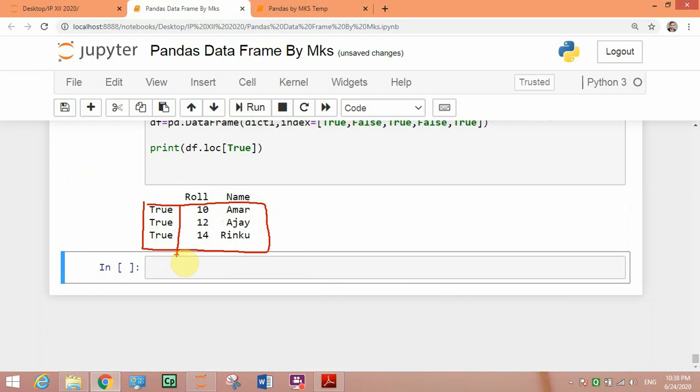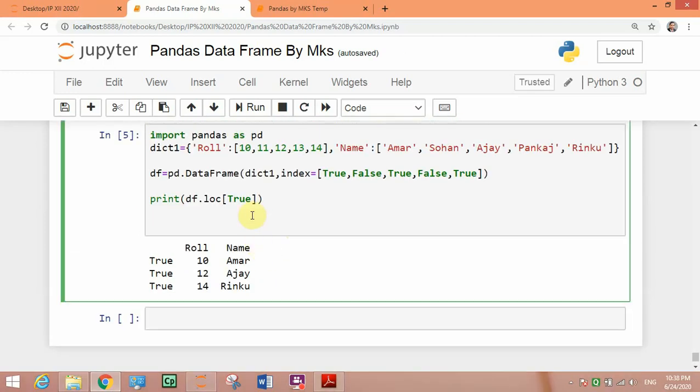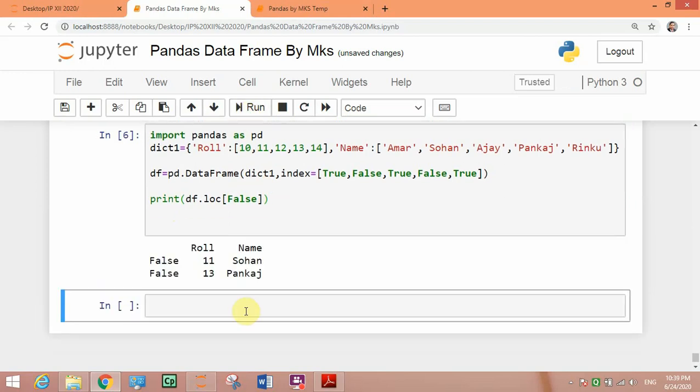So similarly you can find out all those records which has index value are false. So for that, what you will do, you can give simply false, so it will give only those value which is having index value as false.